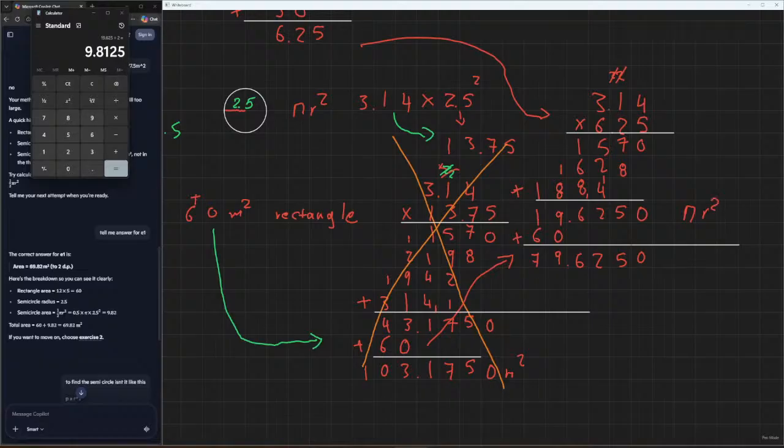Pi r square kind of result. But this is for the full circle. Okay. So we need the half. So basically this is what it does. Then we need